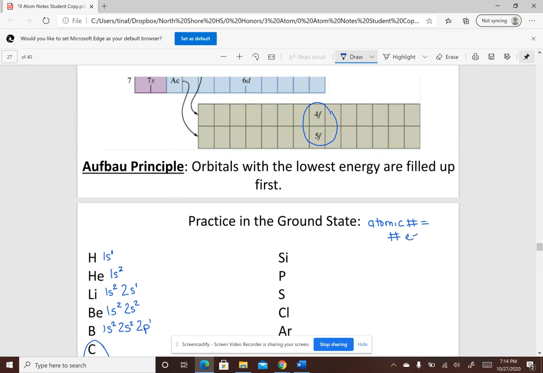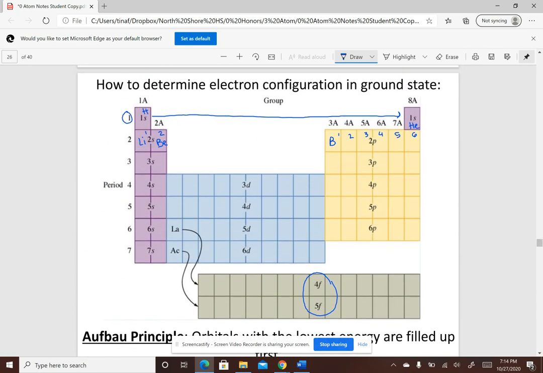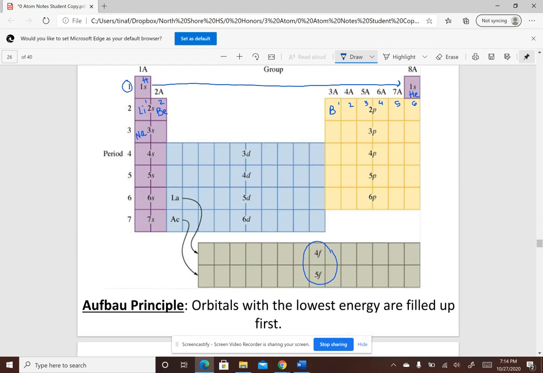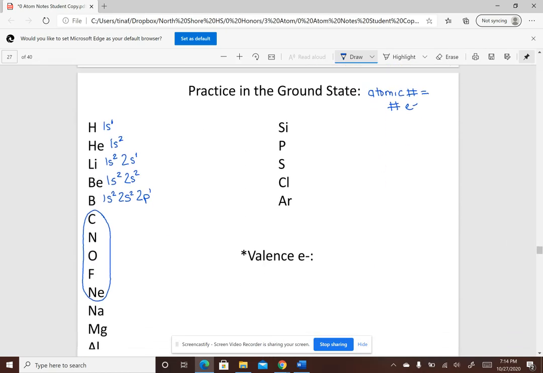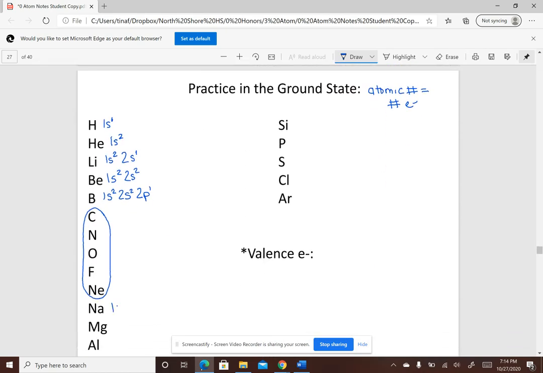Okay, now let's look at Na. So Na is right down here. Okay, so Na is in the third row, but like I said before, we need to have every electron configuration that came before it. So I'm going to have 1s2, 2s2, 2p6. The whole second row is filled up. Now I'm jumping down to the third row. I'm in the s block, and sodium is in the first spot.